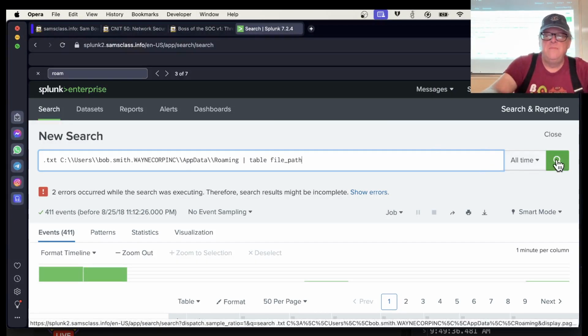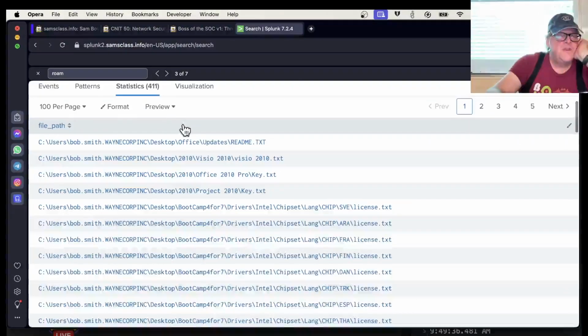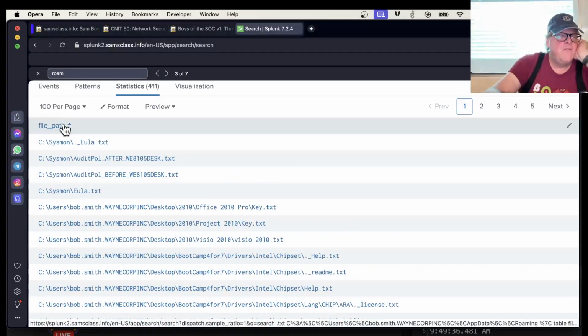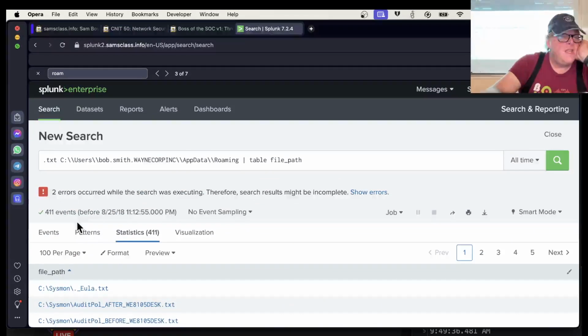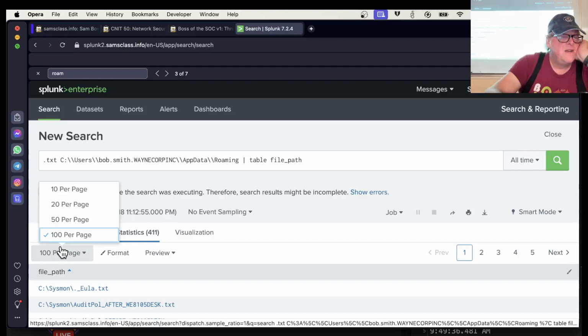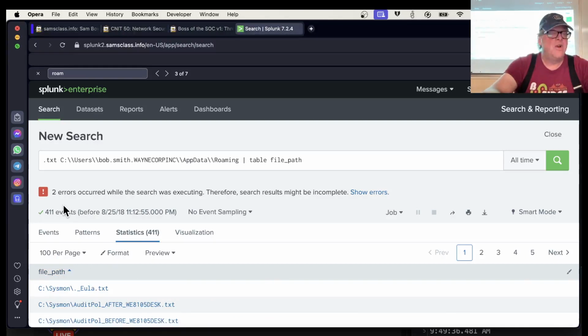There we go. And now I see these are things in Bob's profile getting encrypted. If I sort by file path, these 4 are not in his profile, but these are. And if I go all the way to the end by sorting again, even the ones at the end are. So I know all I have to do is take this total number minus 4 is the total number of files that he